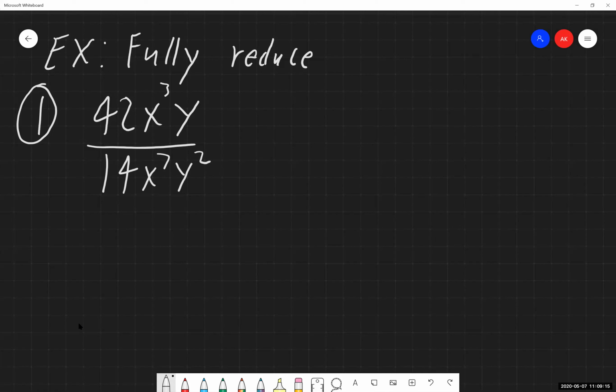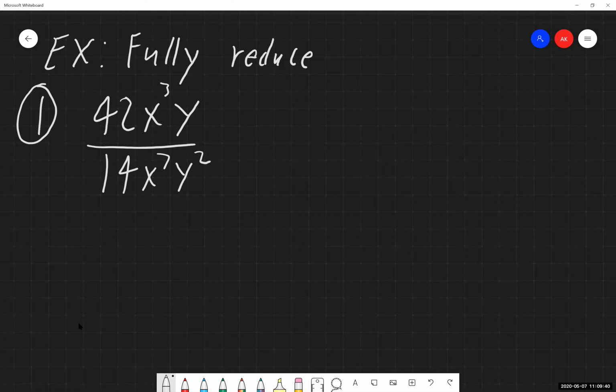Now, when you're going through these, and we have just a fraction like we have written out here, everything is multiplying and dividing together, so fantastic. It makes life even easier. My recommendation when you're doing this, if we have numbers and variables showing up, only work with one at a time. I'm only going to work with the numbers, then I'm only going to work with the x's, then I'm only going to work with the y's to figure out how to cancel these things.